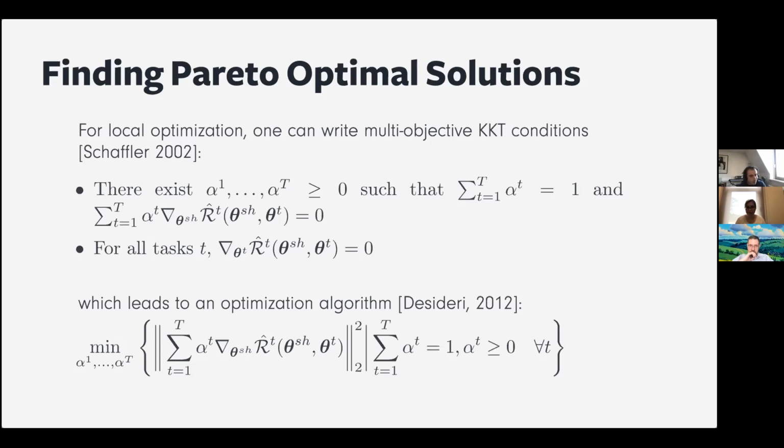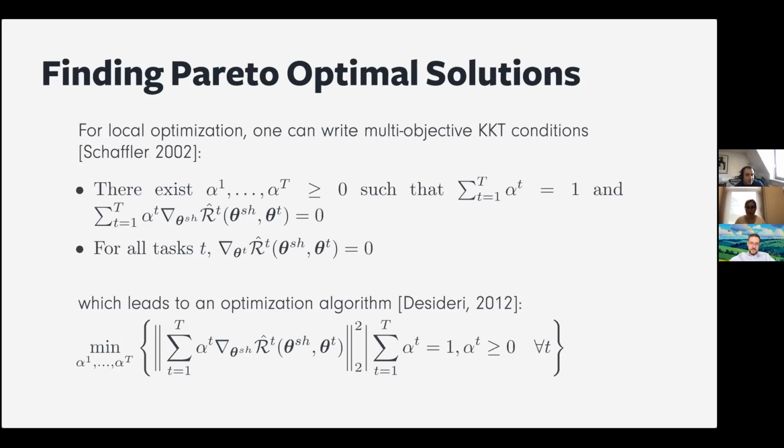So this naturally leads to a way to check this optimality condition. What I can do is try to find the weights, these alphas, such that the norm of the weighted sum of gradients will be minimal. If the solution is 0 in this optimization problem, then you are at the optimal solution, you can stop. Thankfully, if the solution is not 0, you can actually prove that these alphas are good weights, in a way that if I do a weighted sum of the gradients with these resulting alphas, this direction decreases all the loss functions, or more specifically, doesn't increase any of the loss functions.